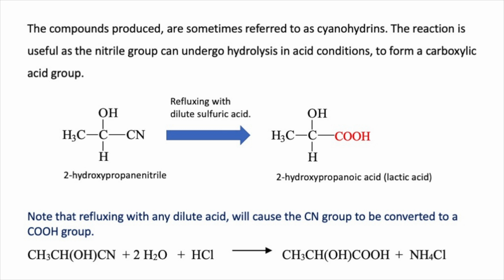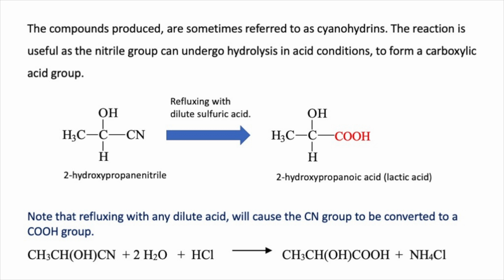Now, the compounds that form in this reaction are hydroxynitriles, and they're also sometimes called cyanohydrins. The reaction is useful as the nitrile group can undergo hydrolysis in acid conditions to form a carboxylic acid group. So when you add a CN into a carbon chain, you have to be aware that you can hydrolyze it in acid conditions, so you reflux it with a dilute acid such as sulfuric acid, and this CN can